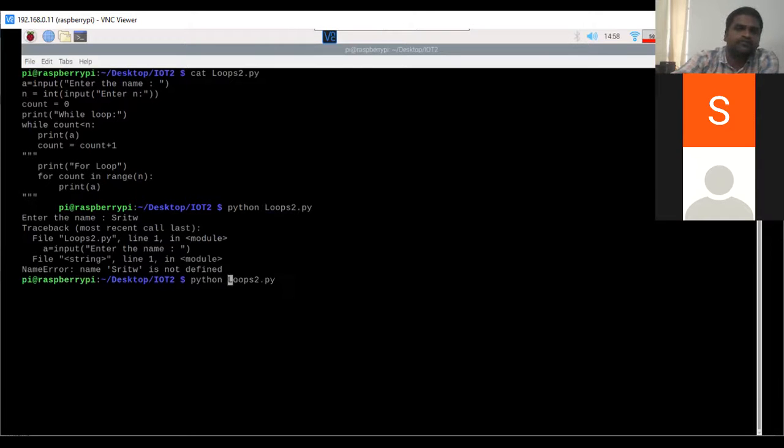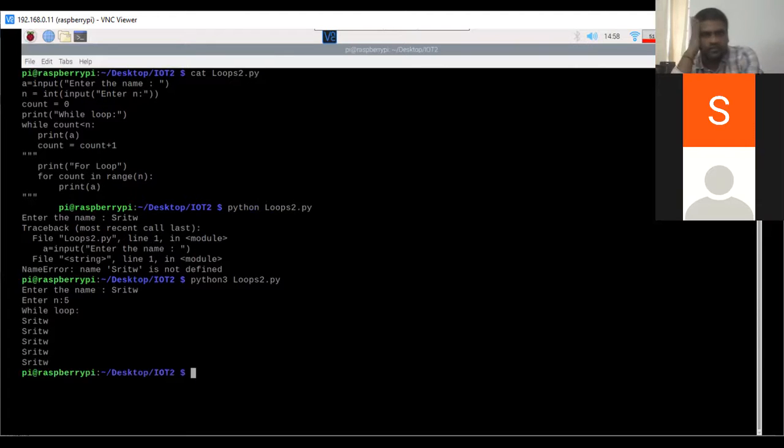Okay, python3 loops2.py, sritw, enter 5 times. Why? Because the default is 2.7, and that program's syntax is for the Python 3 version. So that's why I'm interpreting it by using Python 3. So sritw will print 5 times. Okay, next.